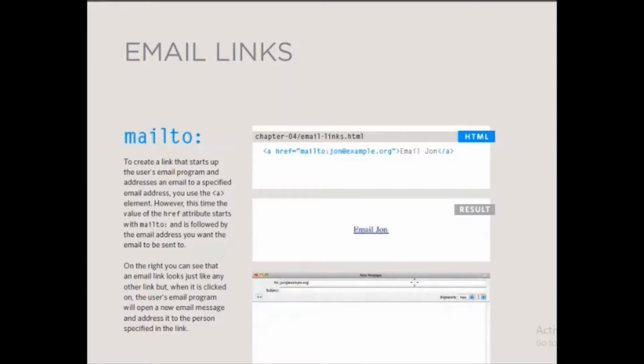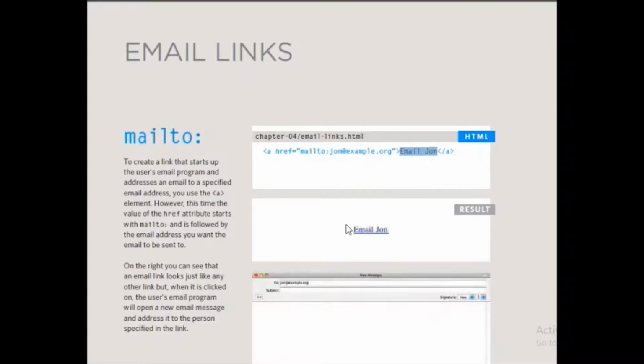Then we have mailto. Another thing we can use is that usually when you click the contact us button, you click the email address of a person, and Outlook opens and the email address is already present there. So you do it like this: href is equal to mailto:john@example.org. Sorry, this is the email address of the person you want to send email to, John.